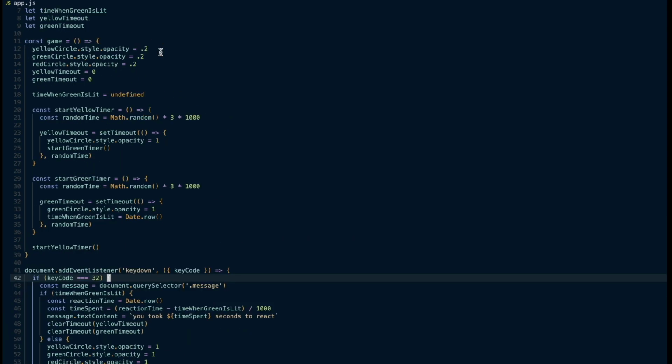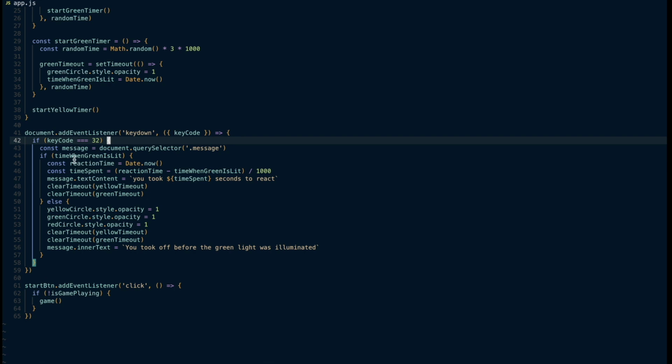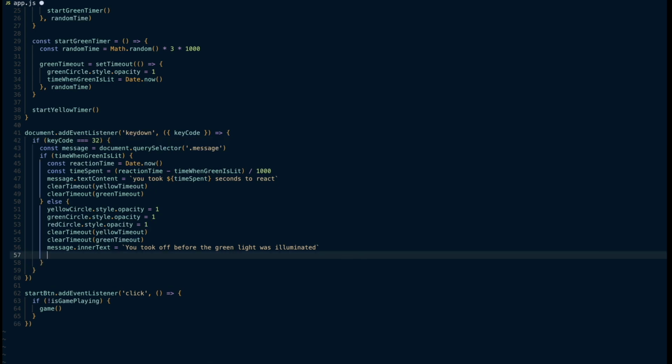All right, so we click the button, we come in here, this runs, and then we click space, and then it comes down here. We check, is it this? Yes. Is time when green is lit? There wasn't, so we're going to break down here. We're going to turn them all illuminating. We're going to do all this, and then I think what we probably want to do is